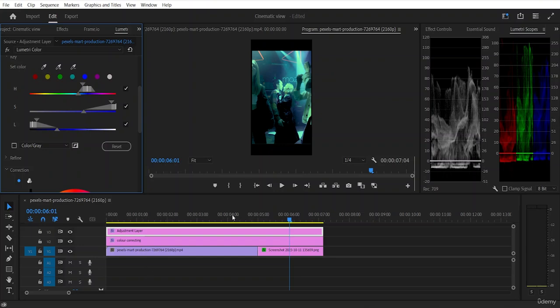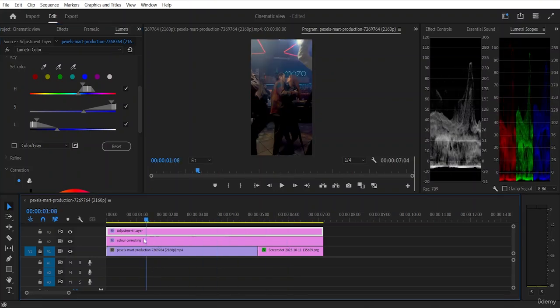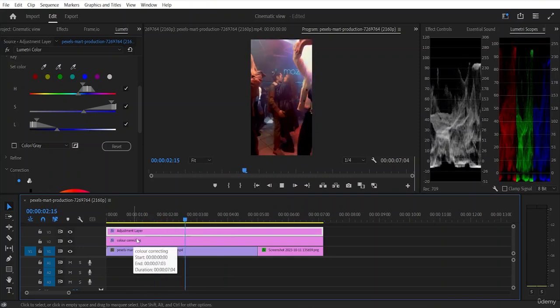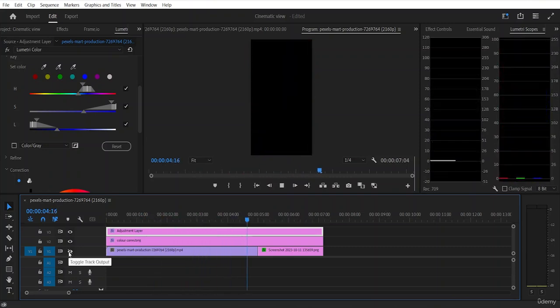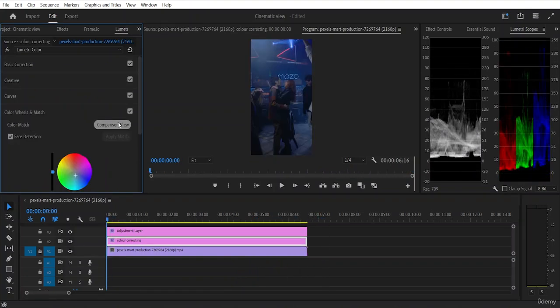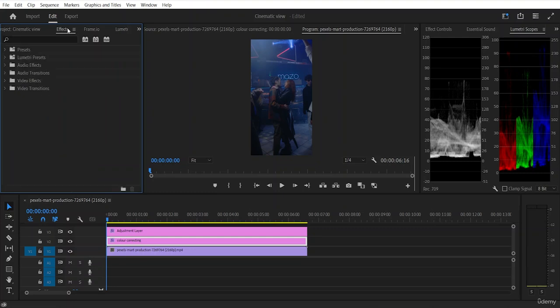So here, once I have done this, it is quite ready. You guys can actually see the view from here. Okay, so if I just turn off this layer, okay, so now what I'll do is if I want to add more effects, in that case, what I do is